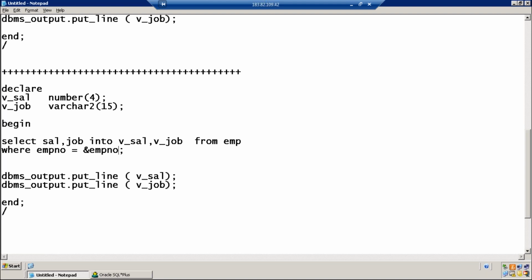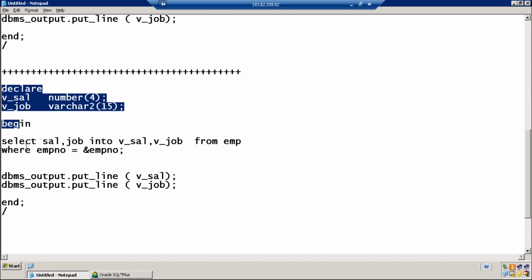What is the use of the ampersand operator? It is used to accept the value from the user. Yes. You can directly embed an ampersand operator in the select statement. When you use the ampersand operator, it will prompt for the value.